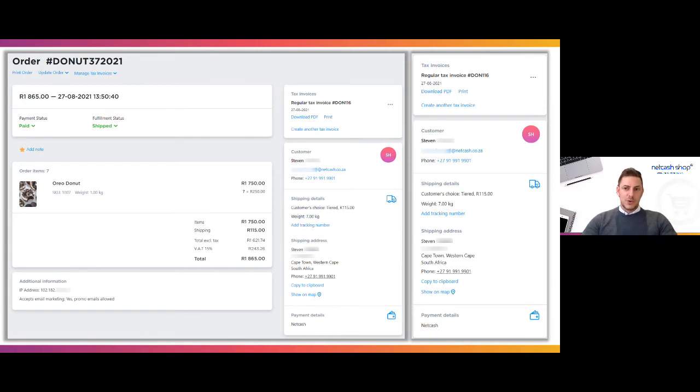On the right, I've zoomed in just to show you what detail is available on the order. And then on the left hand side, you can see that I can print the order, I can make updates to the order, and I can manage tax invoices. I can also change the payment status and the fulfillment status. And then there's a summary of the product. It even shows my IP address, and it also lets me know if this customer has opted in for marketing